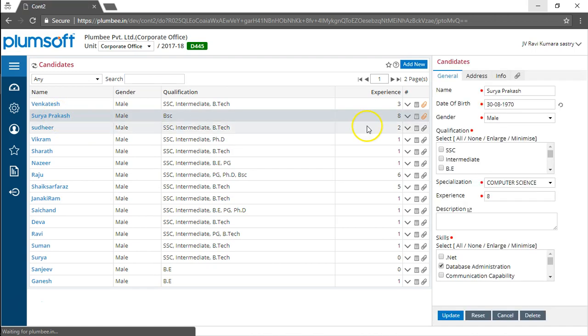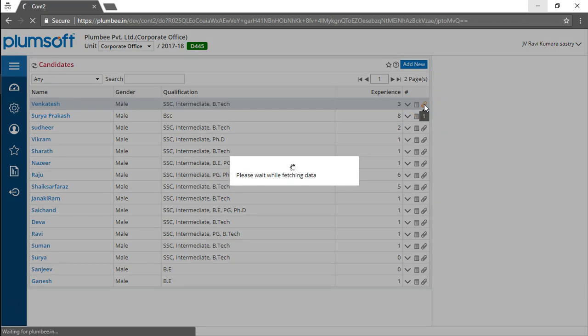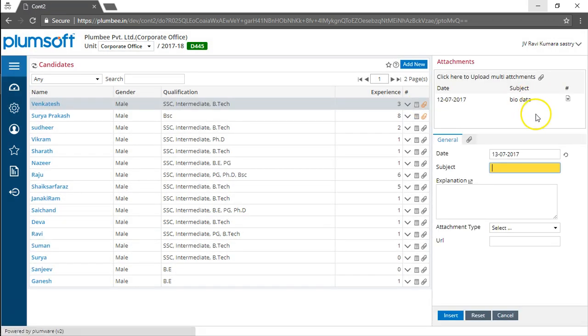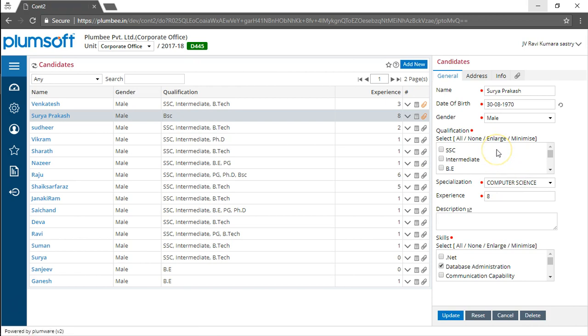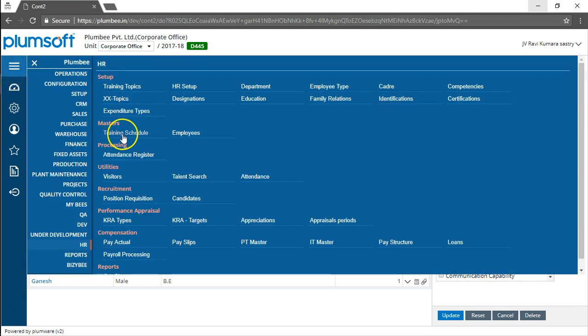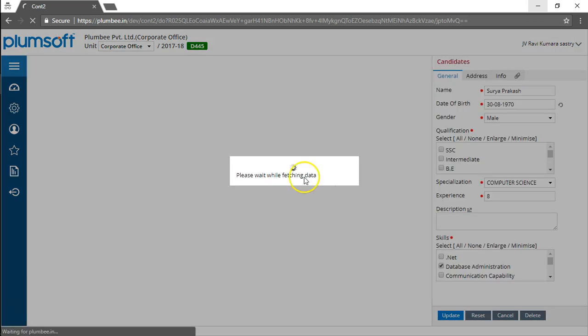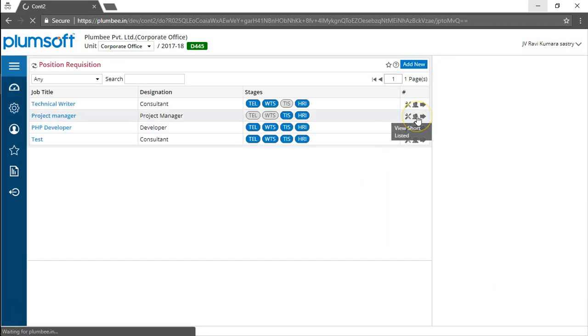So you can see the resume of the people, the attachments, and here we will be defining actually each person, his educational qualifications and specialization, experience and skills. These will be matched against the recruitment position,